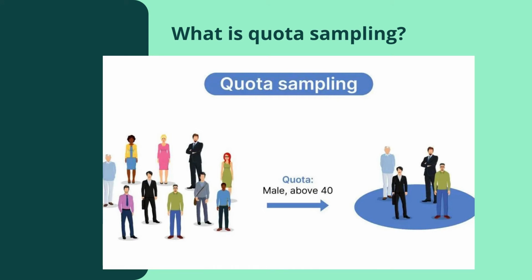So, what is quota sampling? Quota sampling is a method where the researcher selects a sample group to represent some specific characteristics of the population. The researcher chooses the sample group to represent the entire population so that they can get the desired result. For example, a researcher wants to find out the smartphones that most individuals prefer to buy and use. So this researcher wants to survey 10 countries in Africa, and to carry out this research, the researcher considers